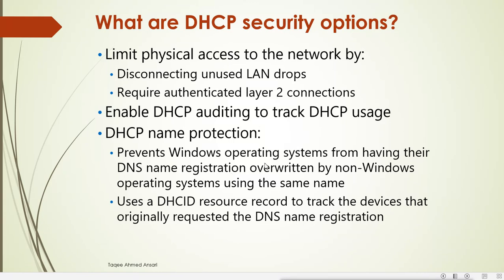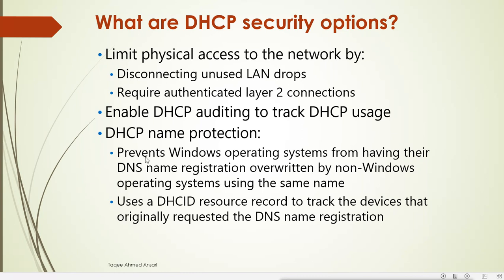Now this thing can be a problem because some hackers can use this feature to update the wrong records in the DNS server. Suppose the web server has a different IP address, and the attacker sends the request spoofing the DHCP address. It will impersonate DHCP sending the request to the DNS server to update the record, and it will update the record of the real web server to the fake web server. Then whoever wants to connect to the real web server will be redirected to the fake web server.